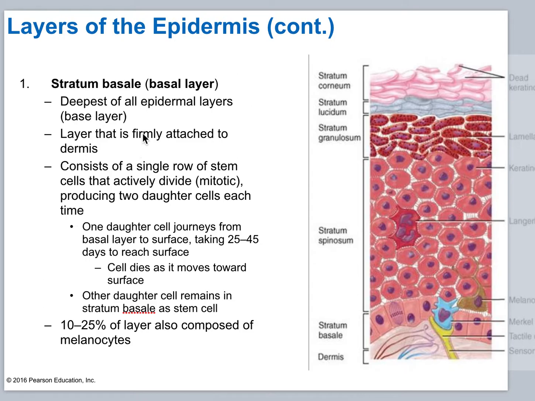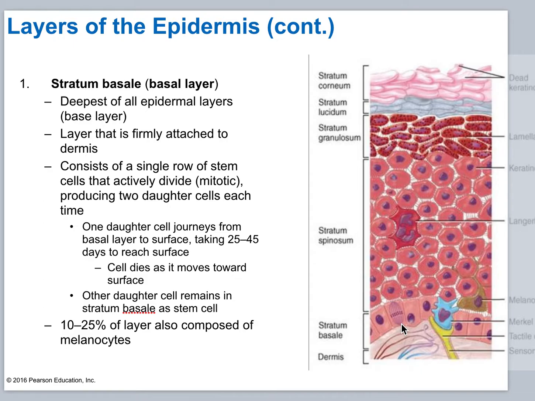The stratum basale is the basal layer. It's the deepest of all the epidermal layers, also called the base layer. This layer is attached firmly to the dermis. Here's the dermis here, so the stratum basale is attached to the dermis, and it serves as an anchor for the epithelial tissues. It has a single row of stem cells that divide. This is where the keratinocytes are born, on this bottom layer,